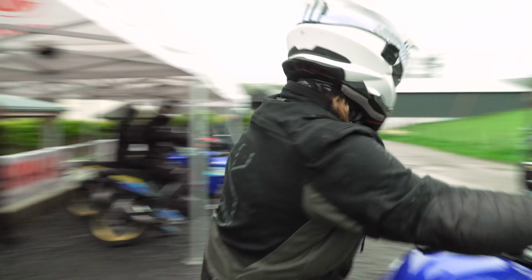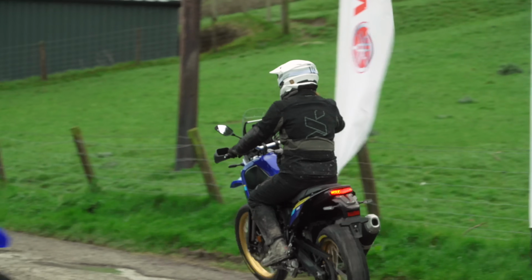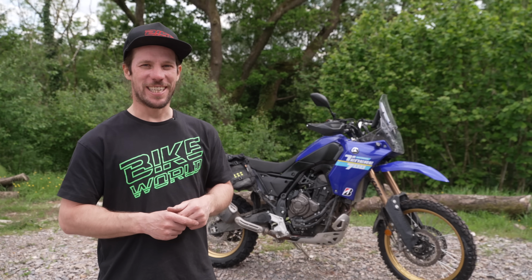So you might remember a few weeks back at the launch of this very bike, the Tenere 700 Extreme, we said at the end we were taking one away with us. I'm putting that one in my van in a minute. Well, take it away we did. And since then we've been doing a whole lot of riding and not a great deal of washing,